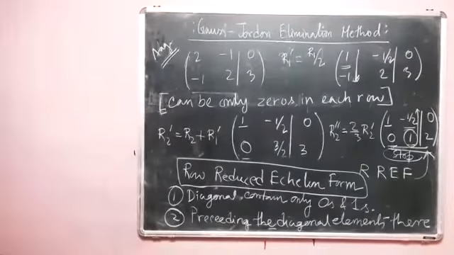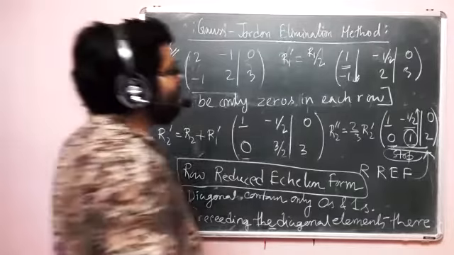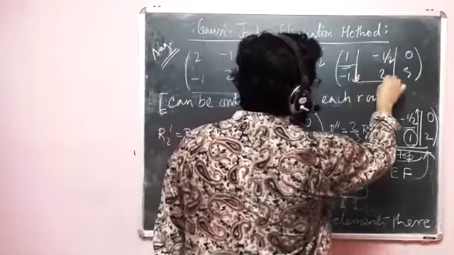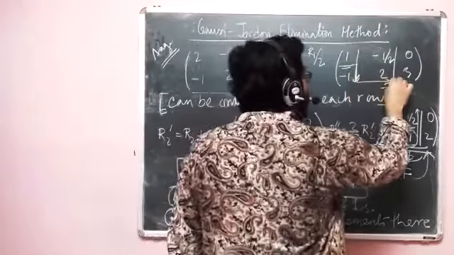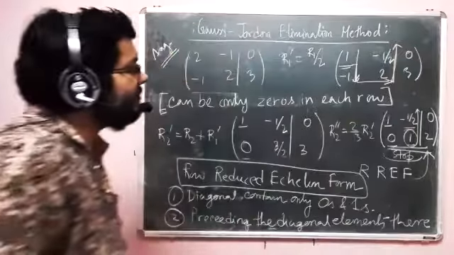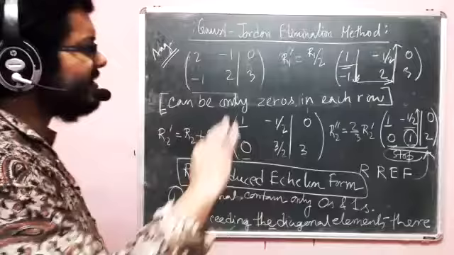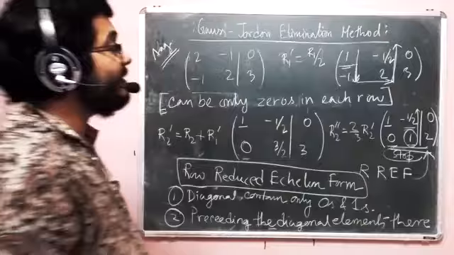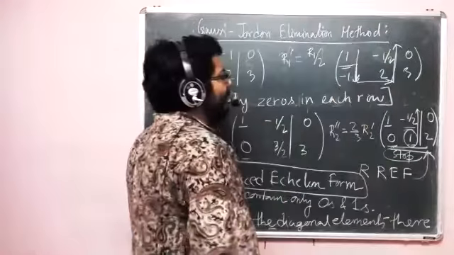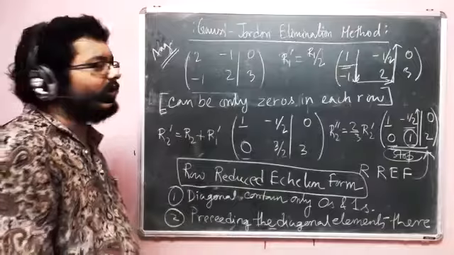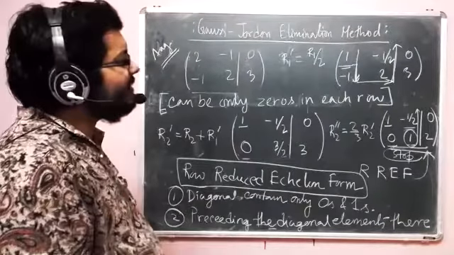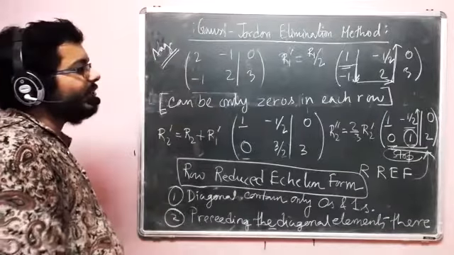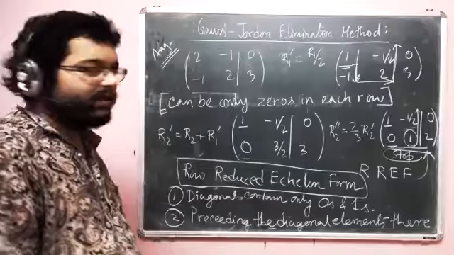Just to mention, the route we followed is this. We started with this element, then went in this direction, then went in this direction, and then went in this direction. Now, theoretically speaking, the elimination method doesn't specify this route. There is no such thing. Then why do we do that? Simply because it's easy. It's easy to count. It is less confusing. If you do something else, it's not that you will get wrong answers, but the probability of you being confused and making some silly mistake is quite high.